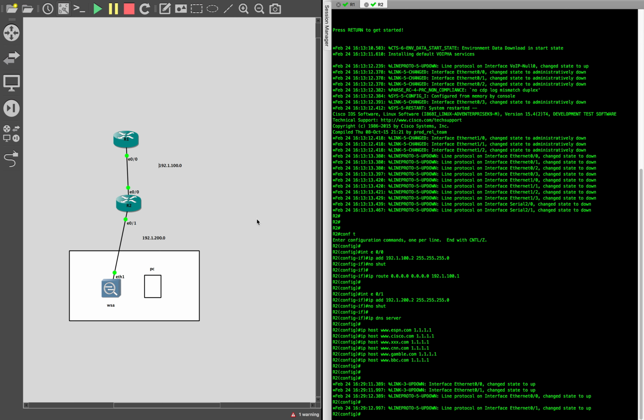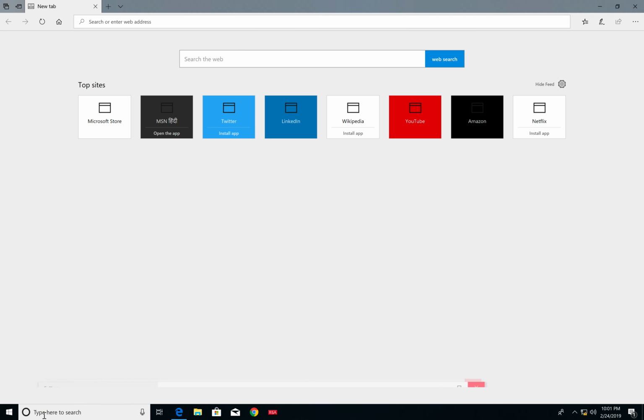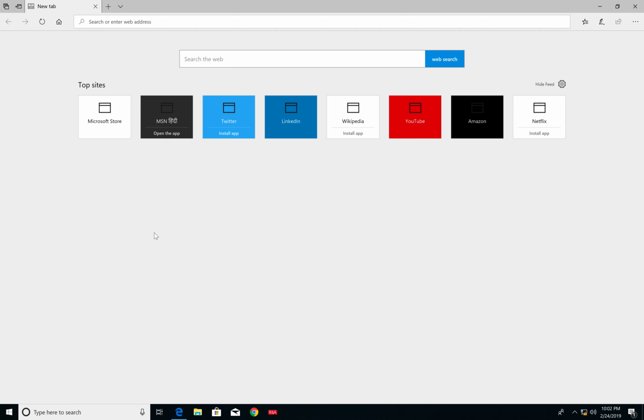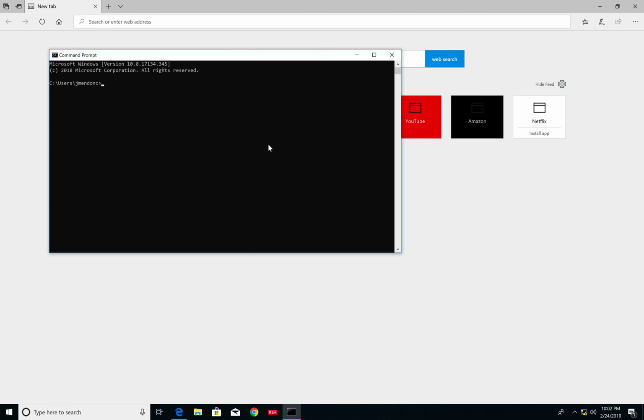Anyway, now our main intention is to have a ping to R1, or basically the loopback of R1, from the PC over here. Let's see if that works. Let's open the command window. So what I have done here is